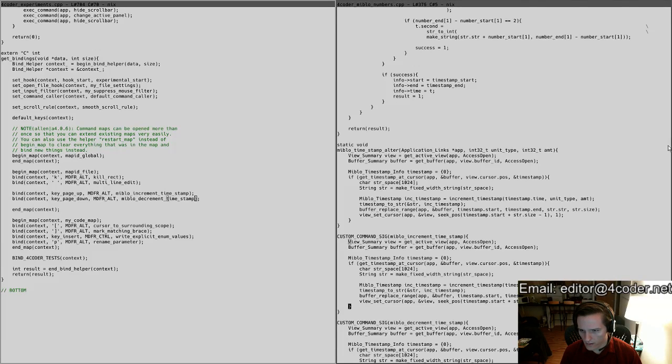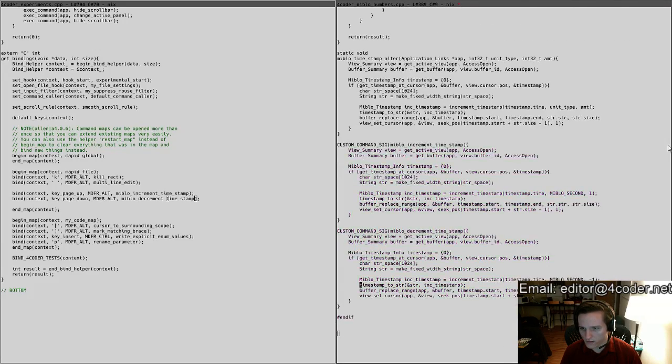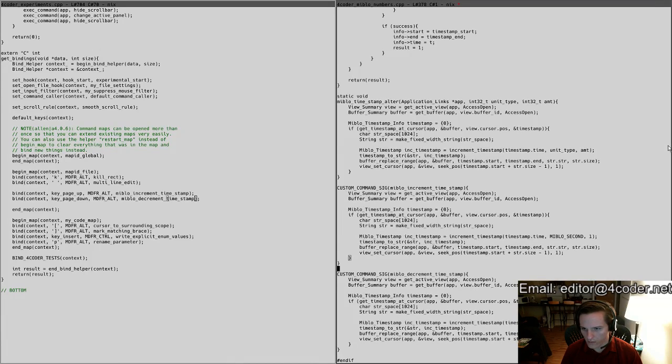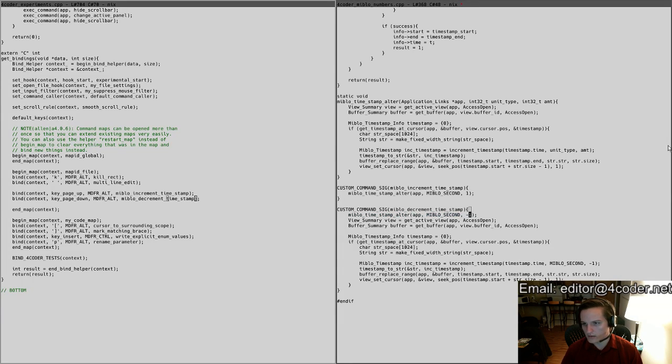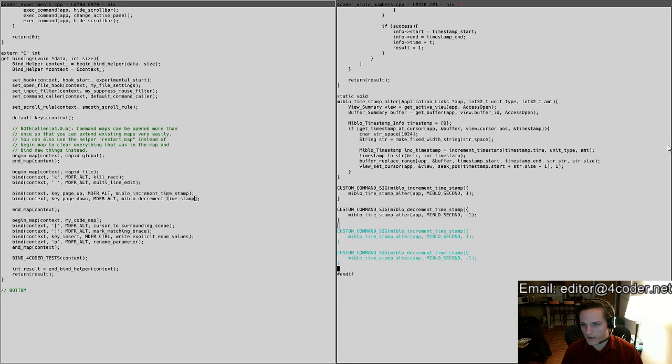And then right here what we can do is, whoops, didn't mean to do that. I keep hitting page down. I don't really like page up and page down. I added them because Casey wanted them before he would switch over, but I always accidentally hit them and mess up my flow. But let's see. Miblo second 1, Miblo second -1, and then we can add pretty easily something like increment timestamp